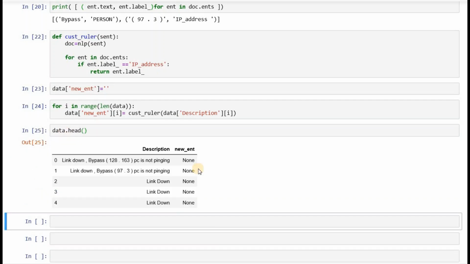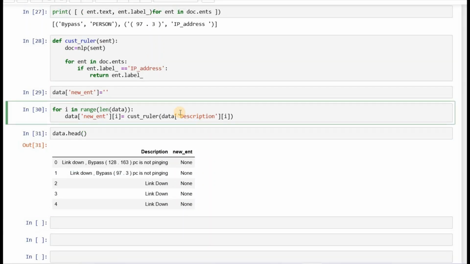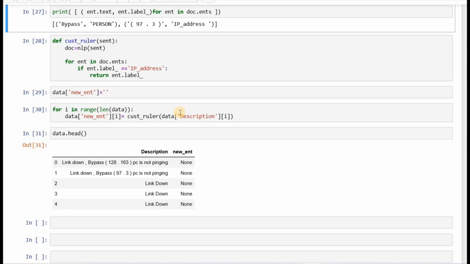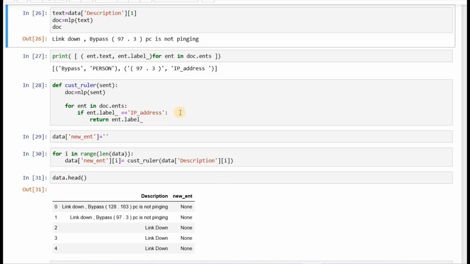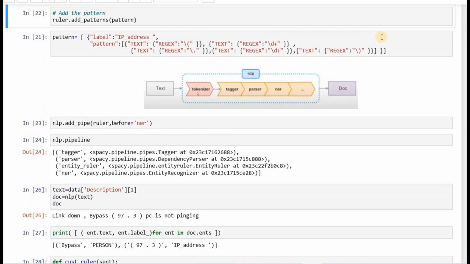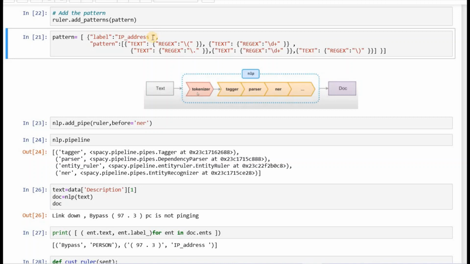Now let's see the data here. Okay, this is unable to identify. Let's see what happened here. It looks like I have done something wrong. The code looks okay. Okay, I think I have given one extra space here.